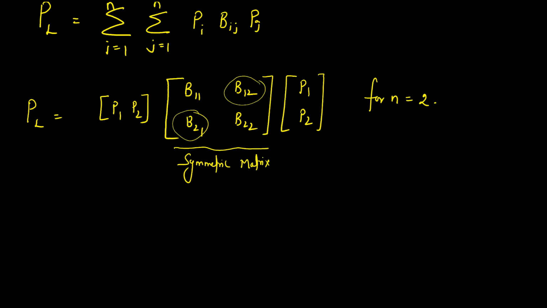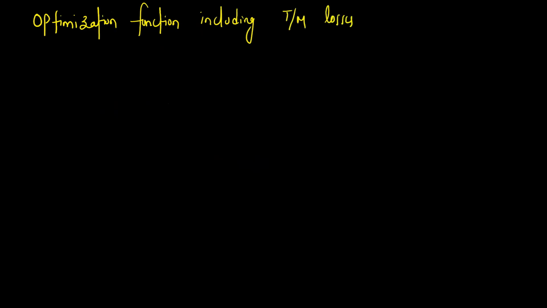Okay. Now, including the transmission losses, our optimization problem will become: the optimization function including transmission losses will be to minimize the total fuel cost, that is sigma i equals 1 to n Fi, subjected to